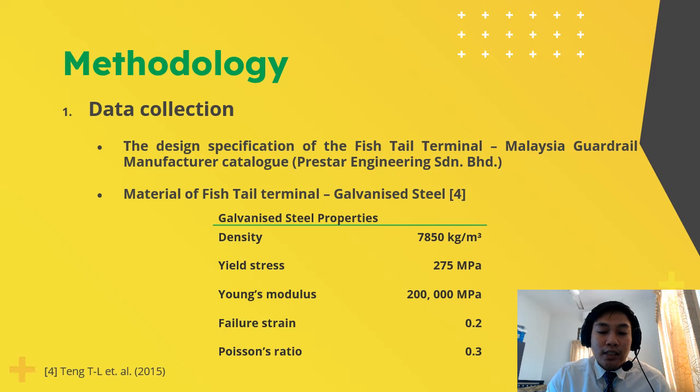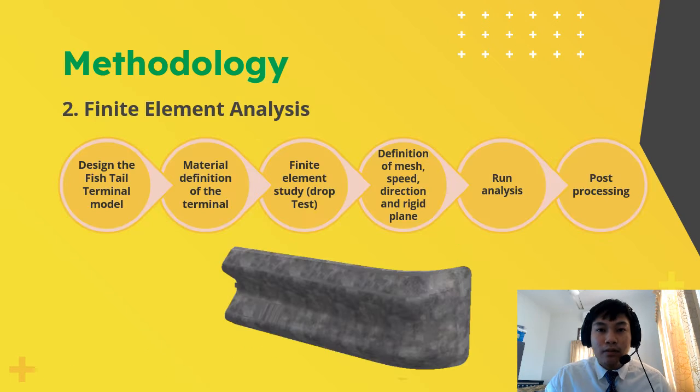The second thing is the material of the fiscal terminal. From my research, the material of the fiscal terminal is galvanized steel, and the properties of galvanized steel are stated as below. So, after I've obtained all the data that I needed, I started to design the fiscal terminal